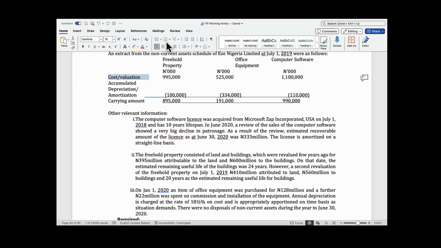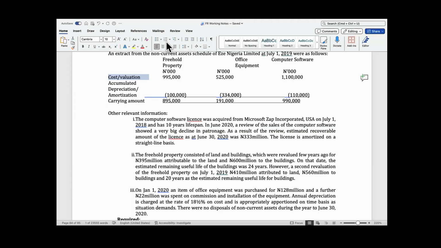Number one, the computer software license was acquired from Microsoft Zap Incorporated, USA on July 1st, 2018, and has 10 years lifespan. In June 2020, a review of the sale of the computer software showed a very big decline in patronage. As a result of the review, estimated recovery amount of the license as at June 30th, 2020 was